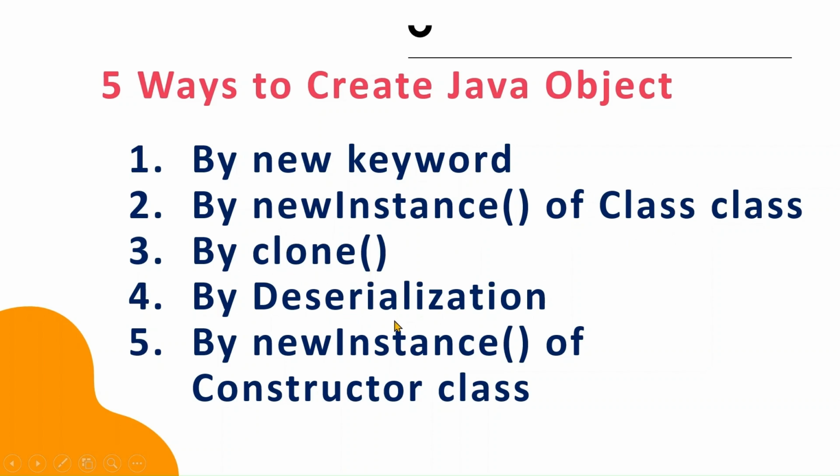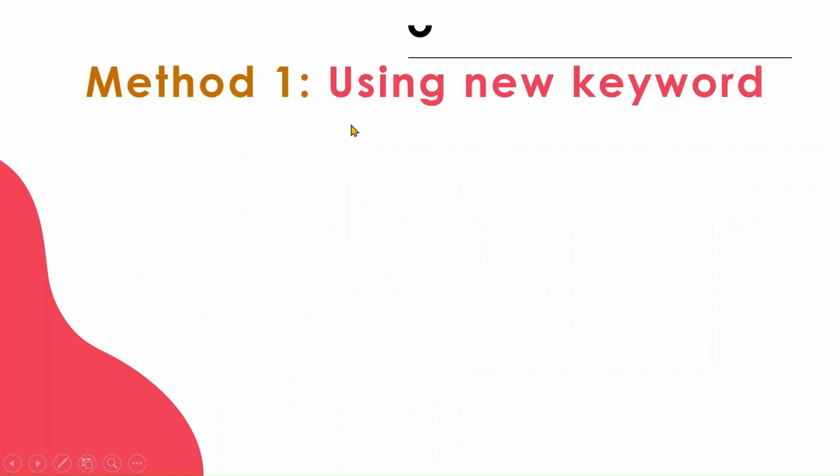I can apply the process of deserialization, and I can use the newInstance method of the Constructor class also. So this Class and this Constructor class are different. So these are the possible 5 ways. We'll see them one by one. Now if you take method 1, using the new keyword,